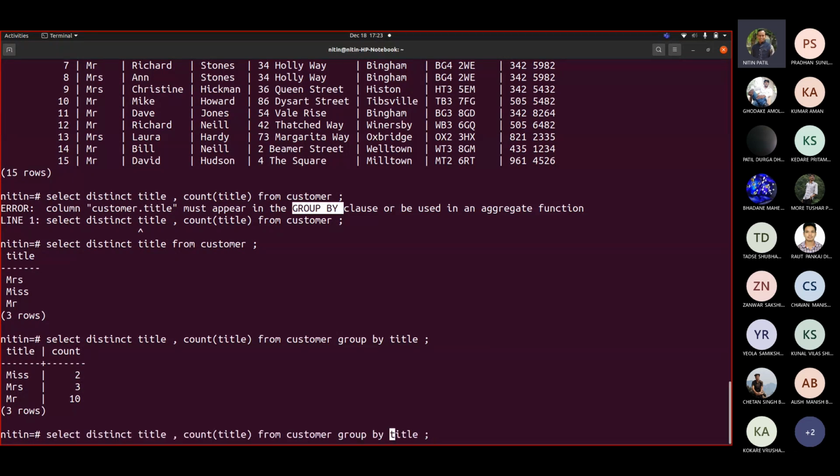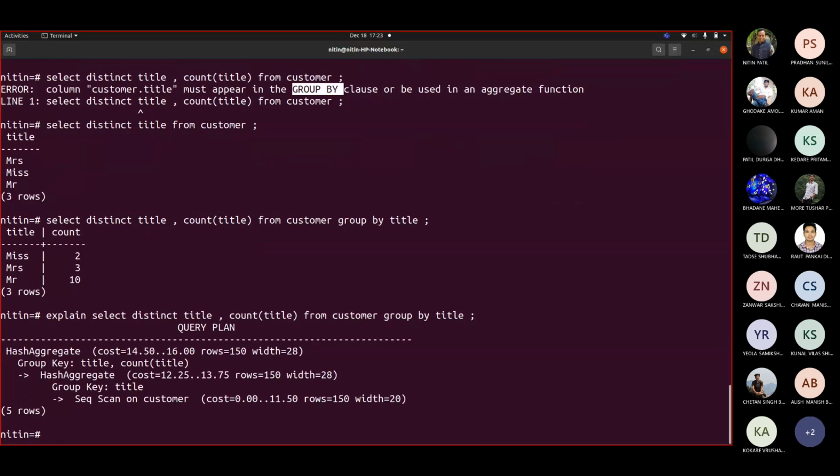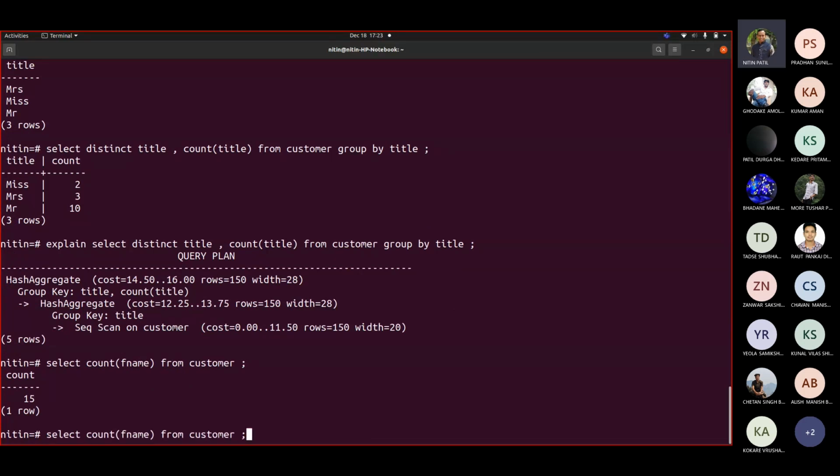Correct. So if I now write explain, you can see that it is adding something, hash aggregate, because I used group by. Now if I write select count app name from customer, it is showing me 15 because there are 15 records.